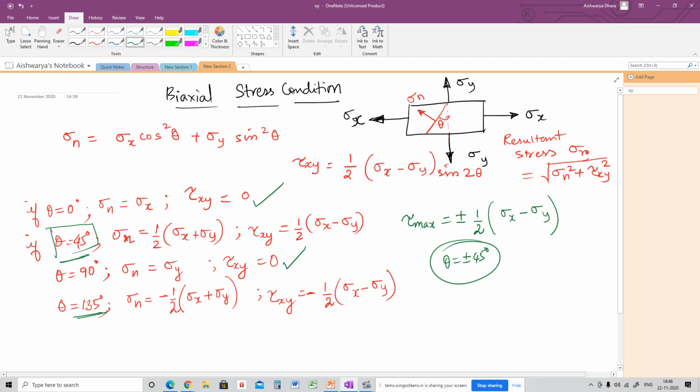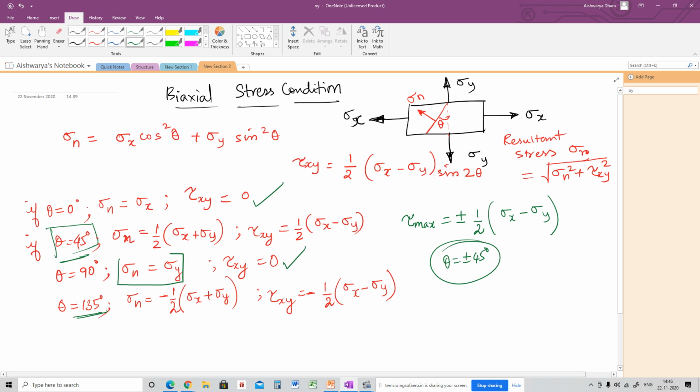And shear stress is 0 at which plane? At which plane? 90, ma'am. 90 and 0. And 0, ma'am. 90 and 0. Okay, now they can also ask this kind of question: